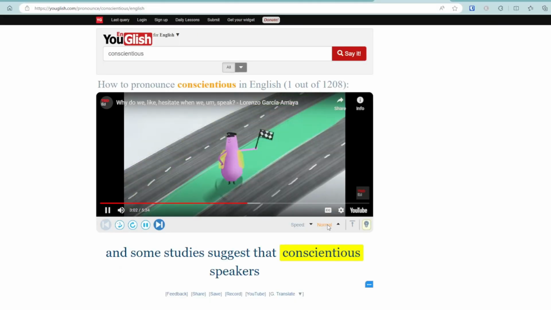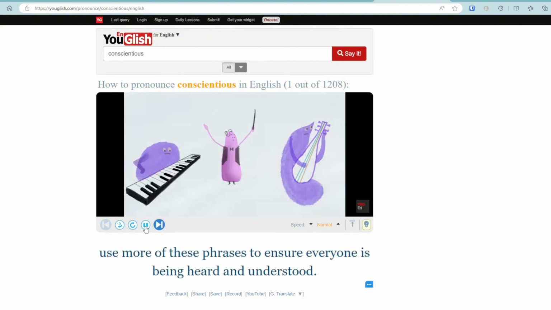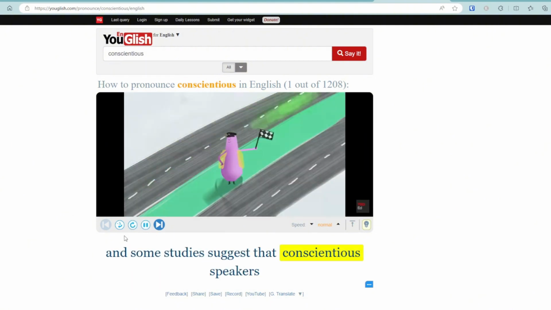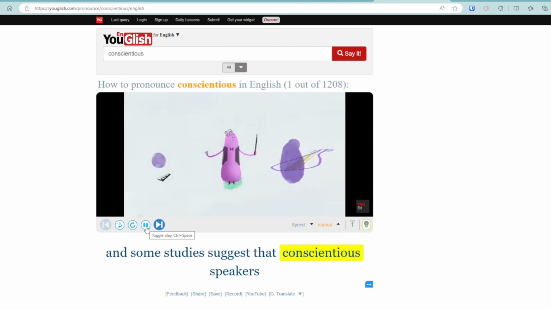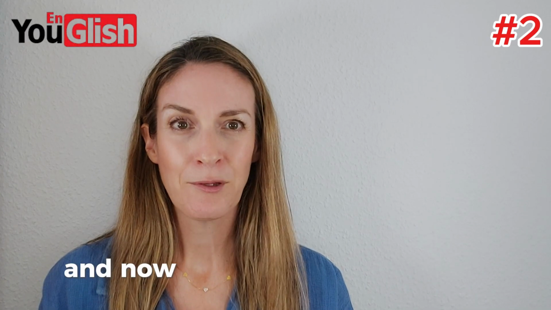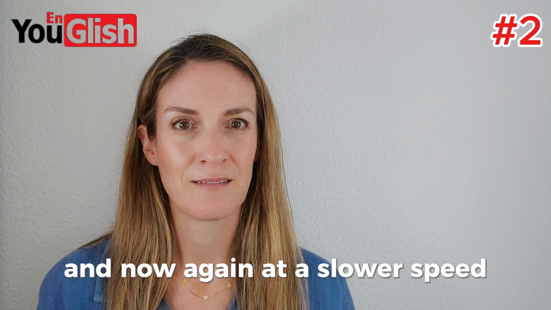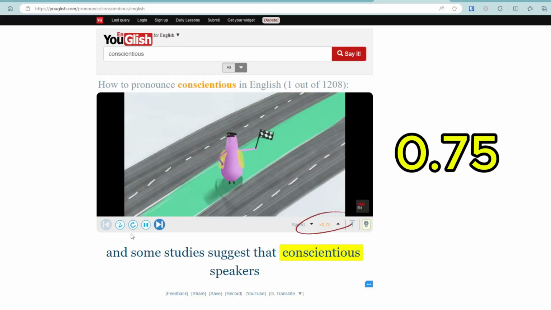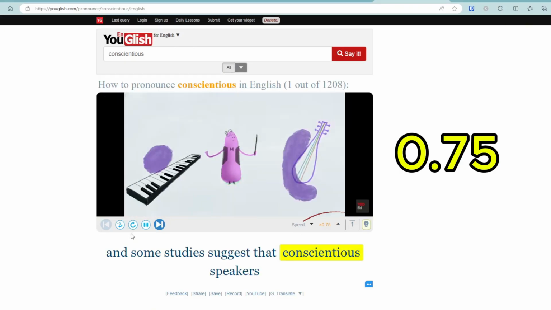And some studies suggest that conscientious speakers use and... now again at a slower speed. And some studies suggest that conscientious speakers